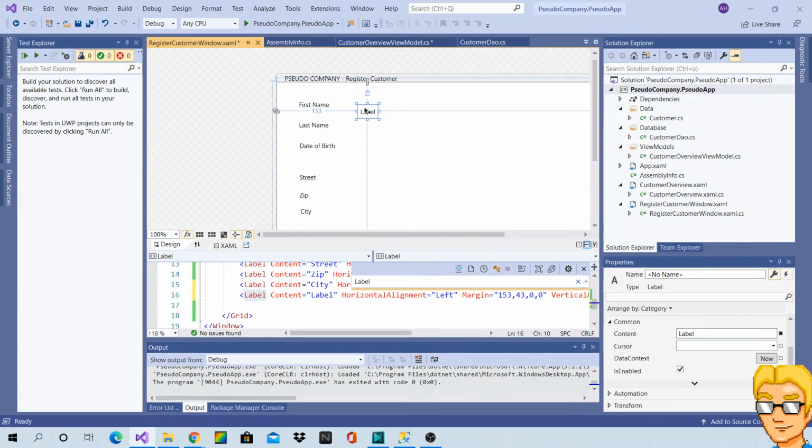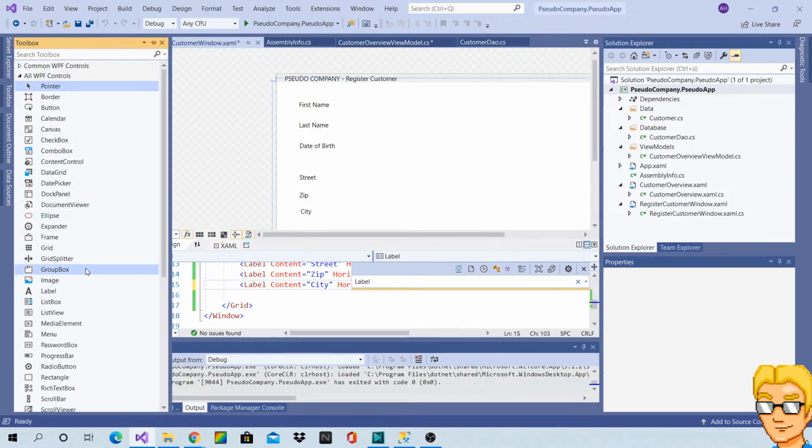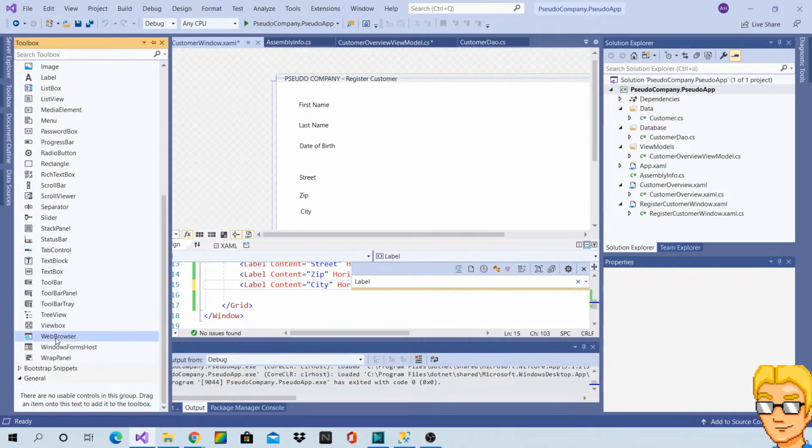Oh, sorry. It would probably be much faster if I just typed the XAML instead of using the visual editor, but whatever.